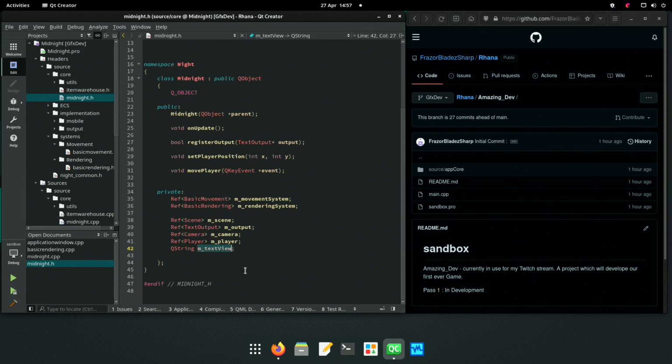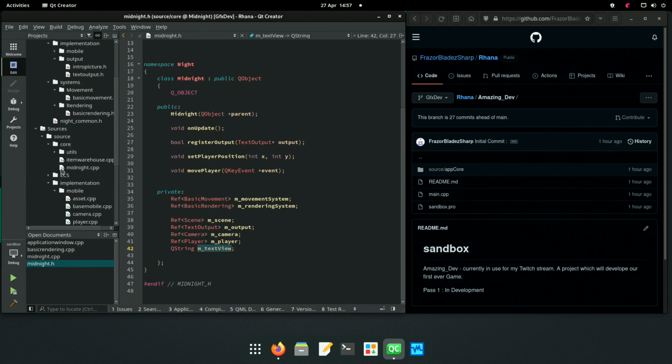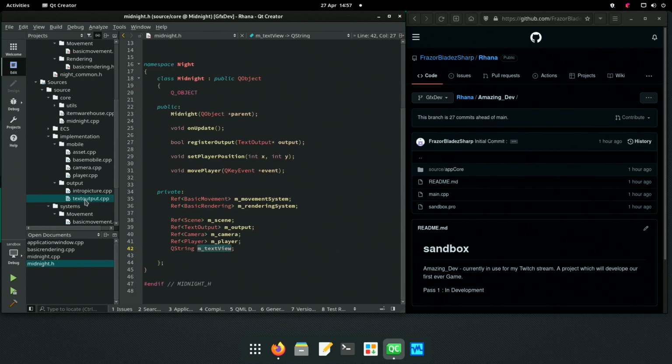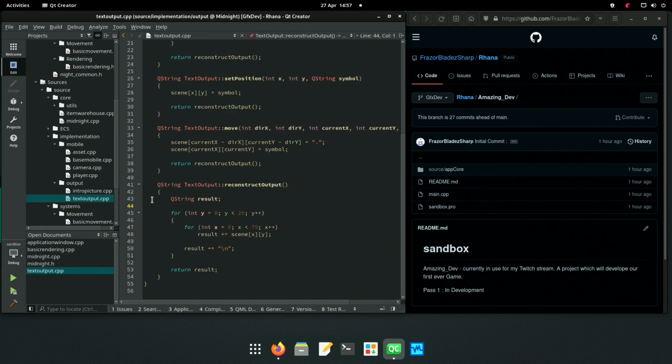So in what format do you want your text view? There's the output. It's an implementation. It's in a 20 by 80.